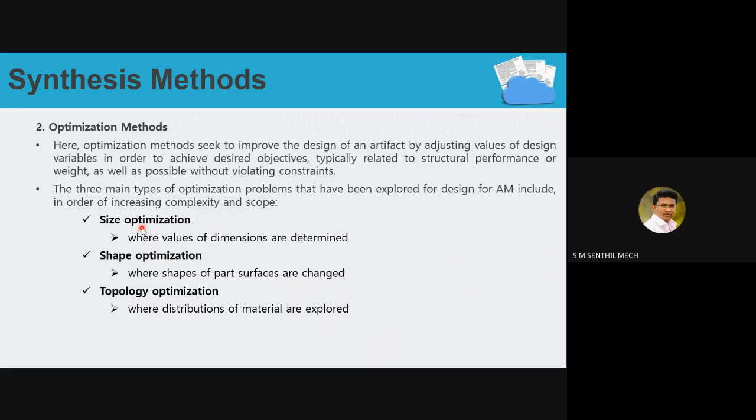So size optimization is dimensions. Whether you're talking about the length, so whether it is 100 mm or 200 mm, or you're talking about the diameter, whether it should be 50 mm diameter or 100 diameter. So that is variations in dimensions, which dimension will be most optimizable. So obviously,